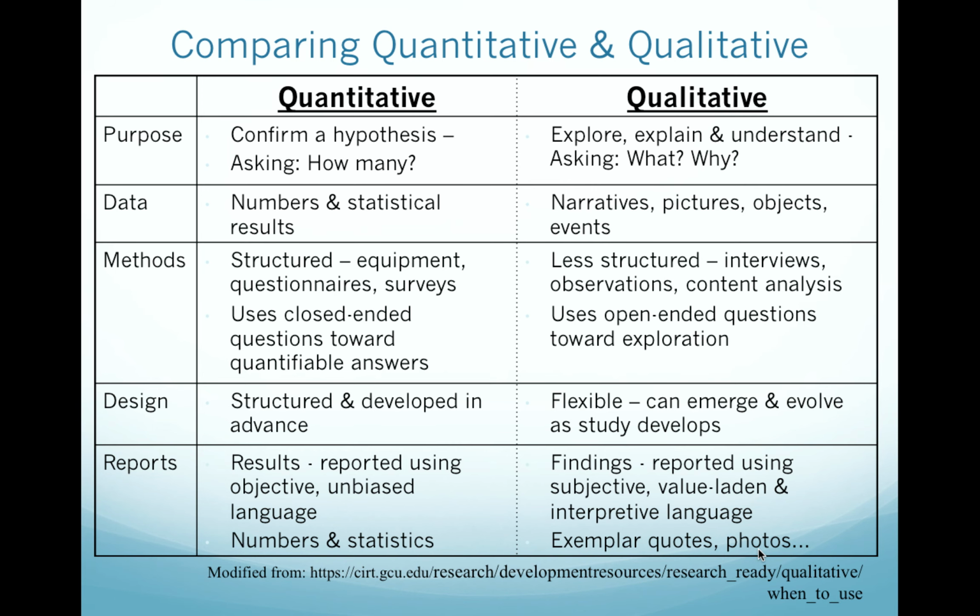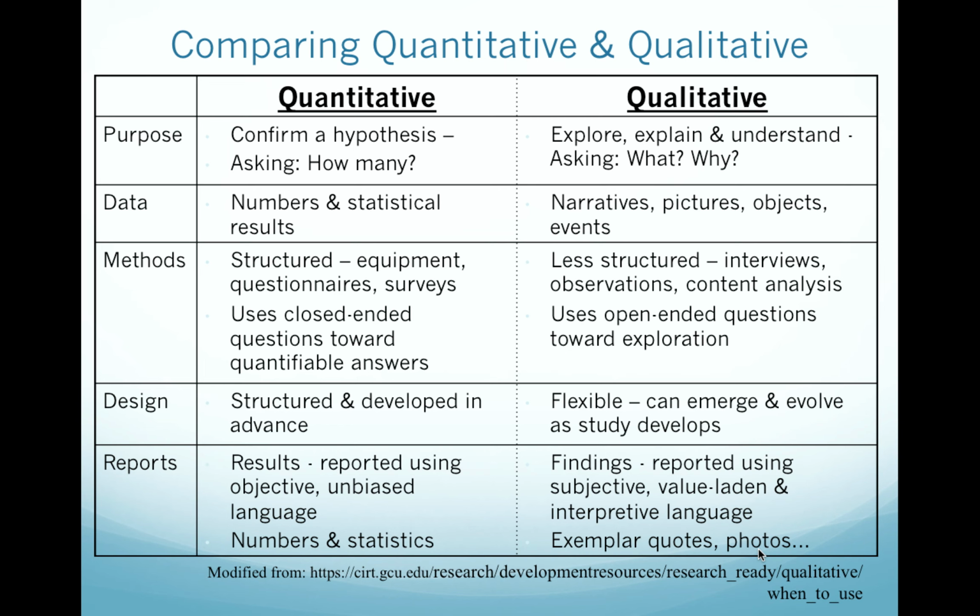overlapping issues. And therefore, as you can see in this table where I'm comparing quantitative to qualitative, the middle line is dotted, meaning that you can't put everything into a box, but you can talk about these two types of research in different ways. So let's start off by just talking about the traditional or quantitative research methods that you might already know. So we know that the purpose of your classes, or what you've learned about research so far, is that you're trying to confirm a hypothesis or a guess about how things will come out in your data,